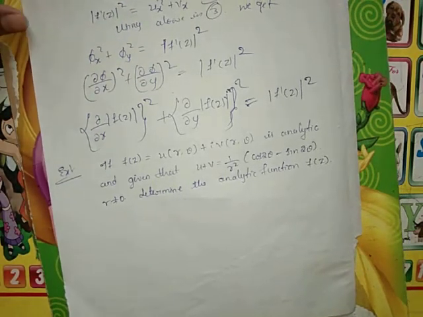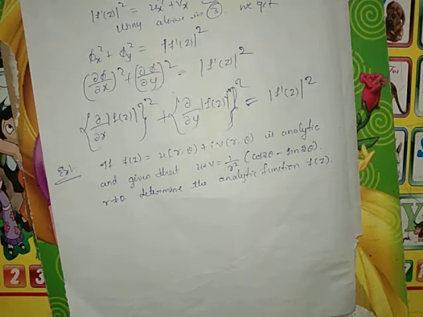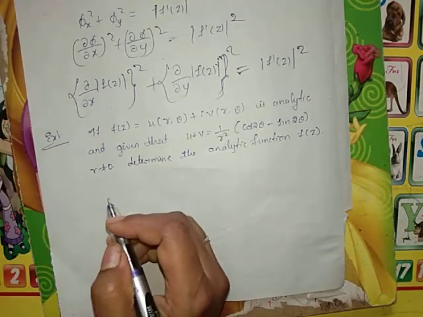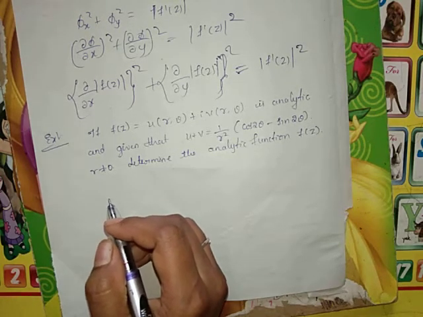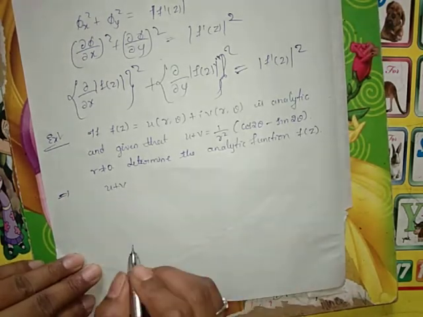So in the previous video we have solved one example. I am continuing the topic of the same here. In the previous topic, all the topics of the analytic function, harmonic function, derivative, CR equations are used. So again I am taking the same kind of example. Using all those topics we are going to solve the example. Here the sum of the real and imaginary parts is given, that is u plus v.